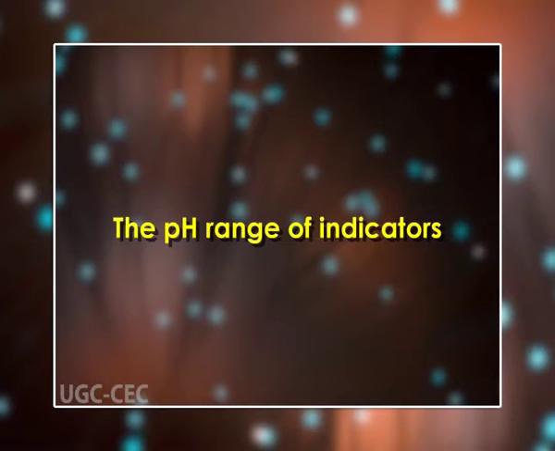Now the next very important point is the pH range of indicators. Indicators do not change color sharply at one particular pH given by their pK indicator. Instead, they change over a narrow range of pH. Assume that the equilibrium is firmly to one side, but now we add something to start to shift it. As the equilibrium shifts, we'll start to get more and more of the second color formed, and at some point the eye will start to detect it.